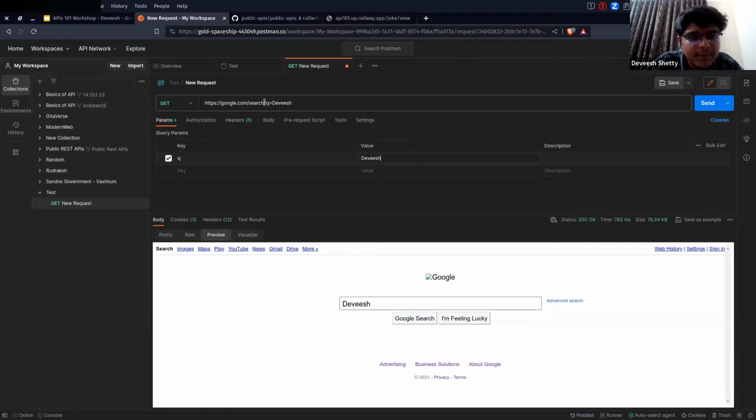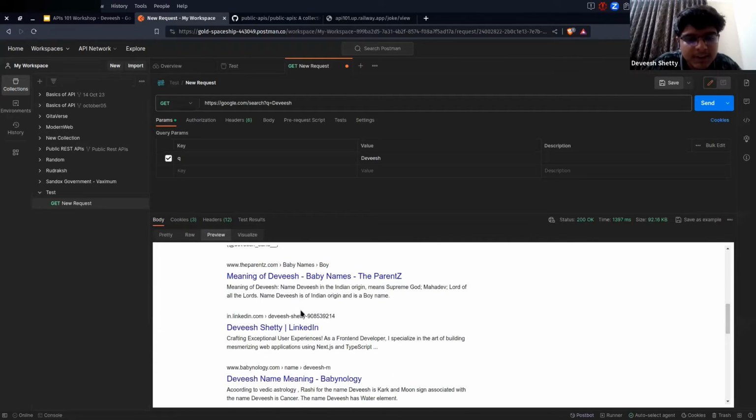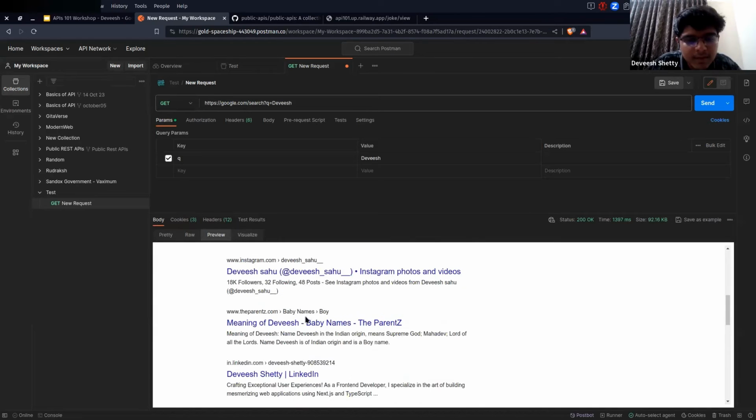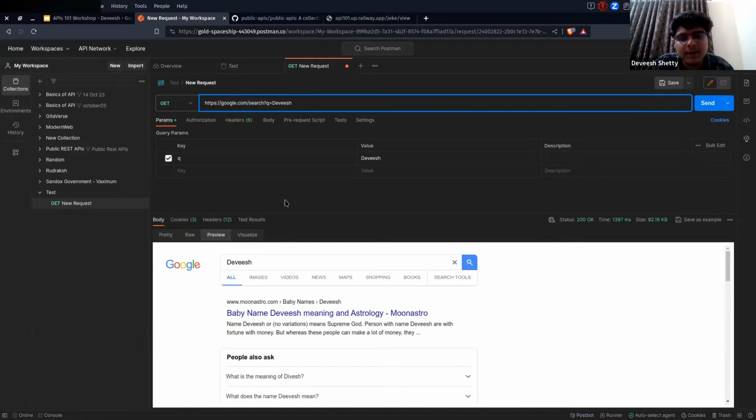Okay. So see, here it is showing a question mark, that's how the URL is formed. But in Postman, you can directly add it here as key value pair. I will tell you what are query parameters. Don't worry. So if I send, I should get a search page here. See, I got a search page. So this is how Google is sending search data using an API. See, this search is the path. This path defines whatever I write after this will be searched. If I remove this, it will just be added to the text box. This will search it, this path. Okay. So hope that makes sense.